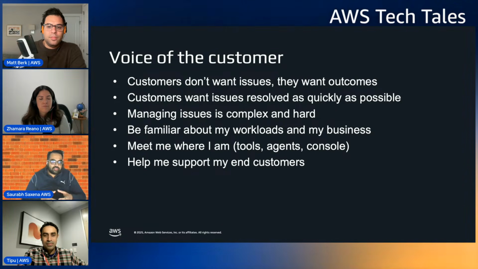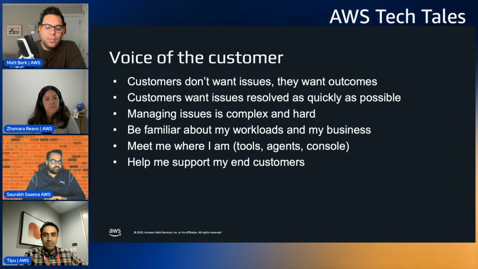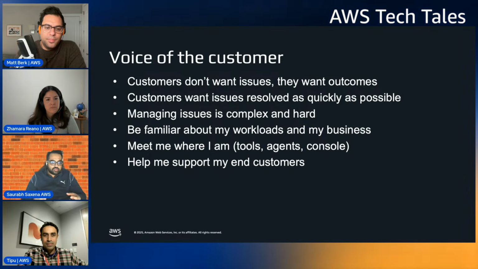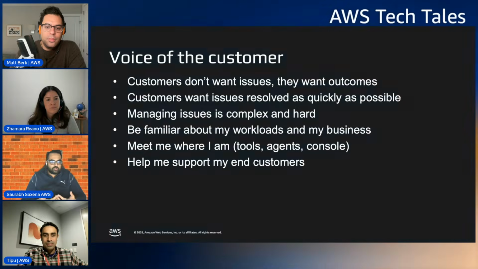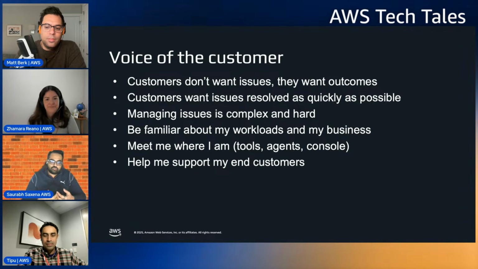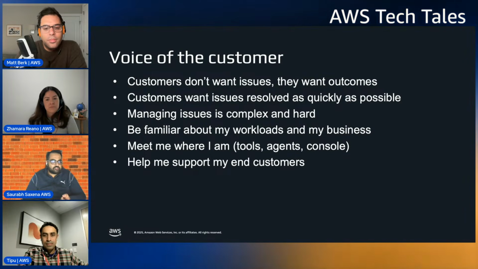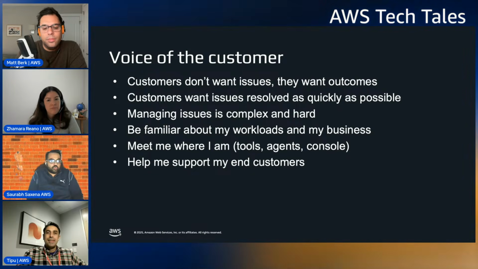But as the landscape on AWS and the cloud platform increases, managing some of the issues is very, very complex and very, very hard. And the reason I'm focusing on all of this is we hear this from customers. They want us to be aware of their workloads. They don't want to repeatedly inform us, oh, here's my architecture, here's a PDF of my architecture, here's my load balancer that talks to these services. They want us to be aware of them, and they want us to be aware of which industry they operate in. Are they financial services, or are they in the energy industry? They want us to be a little bit contextual about what they do, so that when they contact us, they don't feel like they're talking to a stranger. They just feel like they're talking to an extension of their own team.